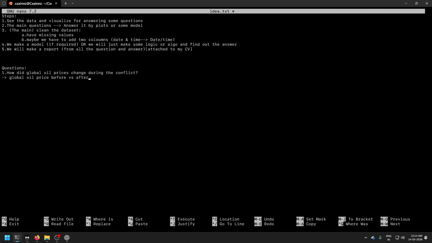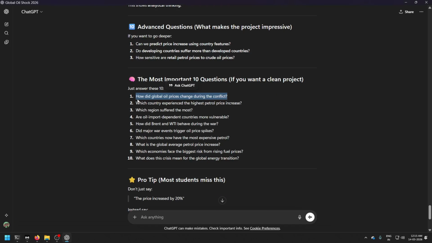But as we have a price column and a country column, we will have to merge them and then compare by region or some kind of thing. We will see. Is there anything else I can say? No. Okay, up to the next question.